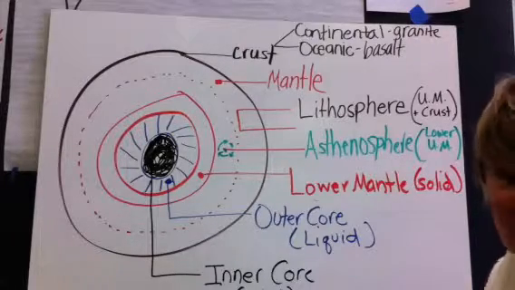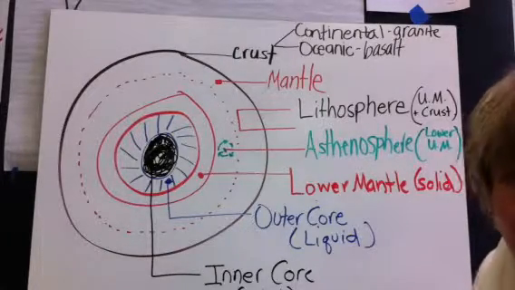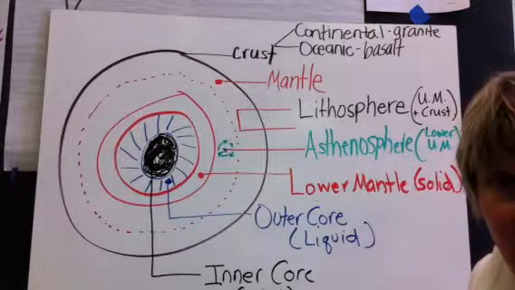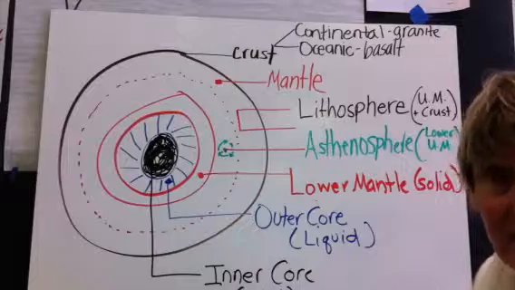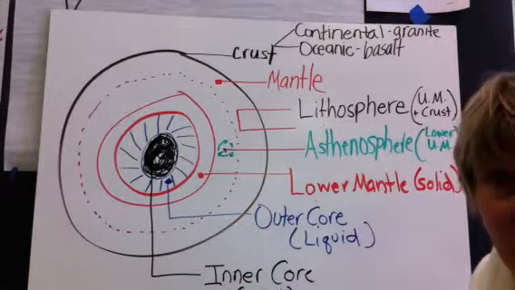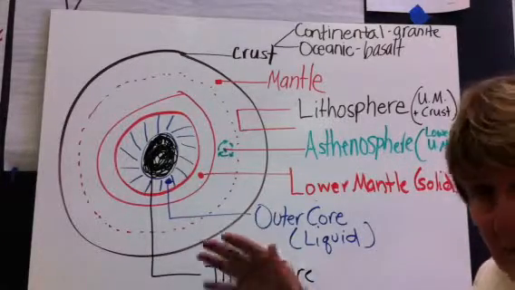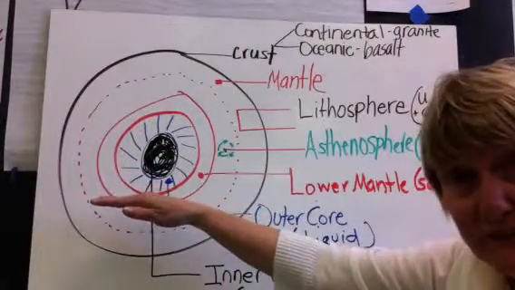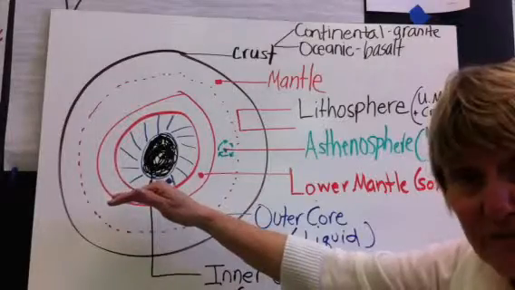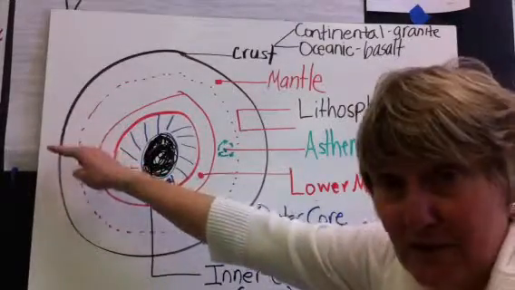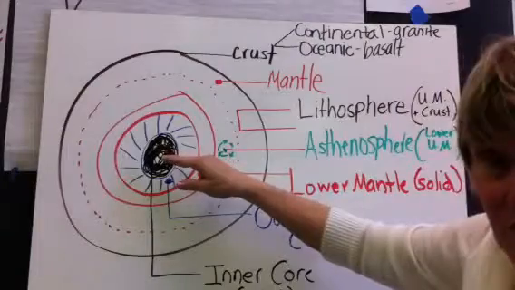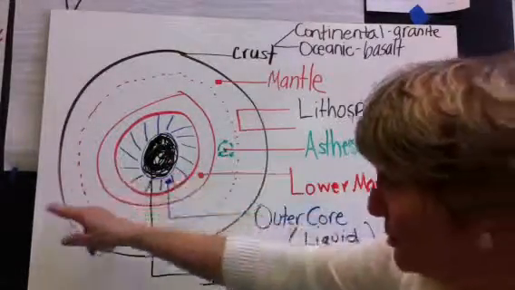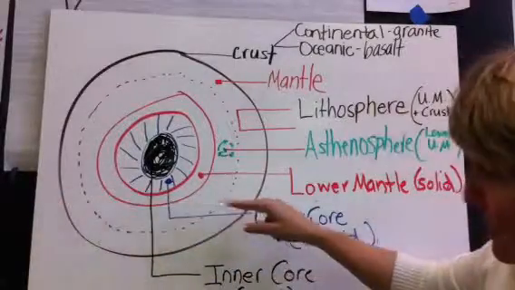How did scientists come to that conclusion that the layers were that way? Well, they came to that conclusion because of earthquakes. And earthquakes send out waves. We call them seismic waves. And waves, just like other waves that we've studied, move differently in liquids and in solids. So if an earthquake happened over here and the waves went through the core, well, nothing came out over here. If the earthquake happened here and the waves went through, well,